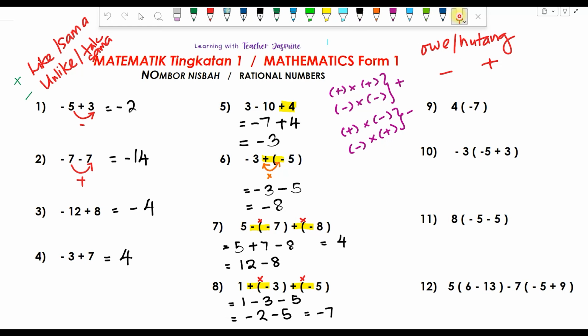Now inside the bracket there is nothing for you to do. There's only 4 bracket negative 7. Again, like what I said, bracket is multiplication in maths. That means sekarang positif 4 ni kena darab dengan negatif 7. So we start with the symbol. Ambil symbol dulu. Positif darab negatif dapat apa? Negatif. Okay. And then 4 darab 7 dapat apa? 28. That's all.